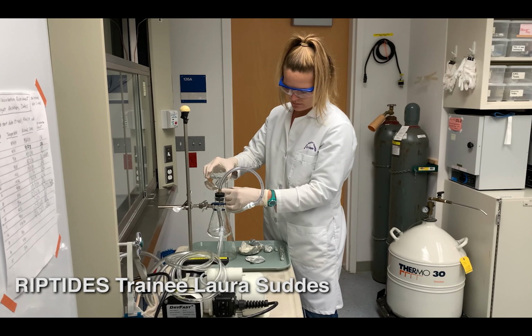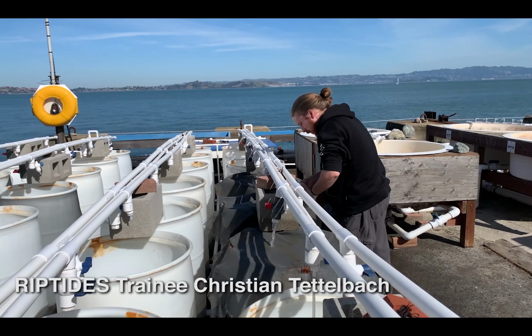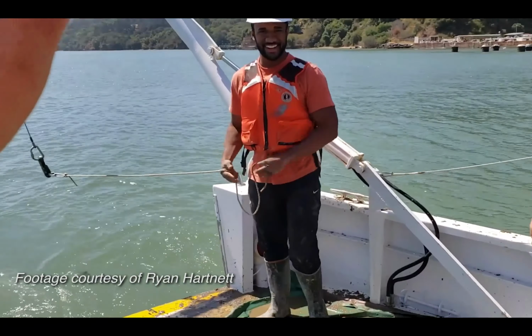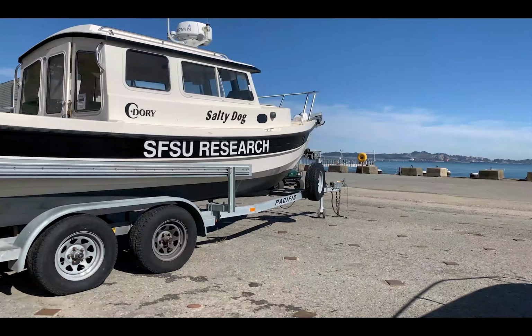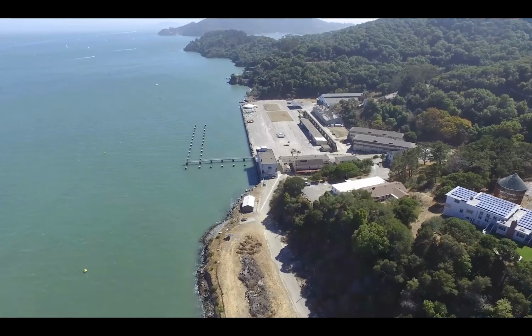The Riptides program is a really wonderful master's degree program. It brings together students who are interested in solving problems at the nexus of global change, the pressures in coastal ecosystems from human impacts, development, those kinds of things, and trying to solve problems that affect people in their everyday lives. One of the great things about having this program here, right on the edge of San Francisco Bay, is